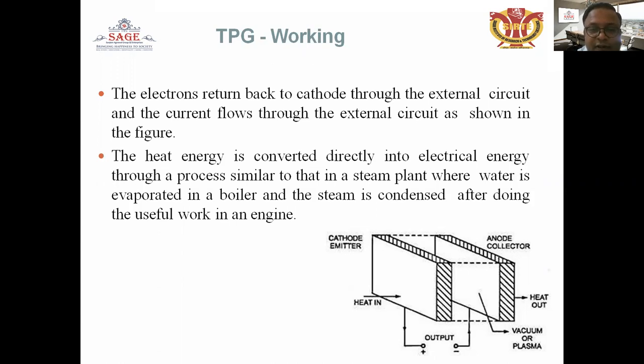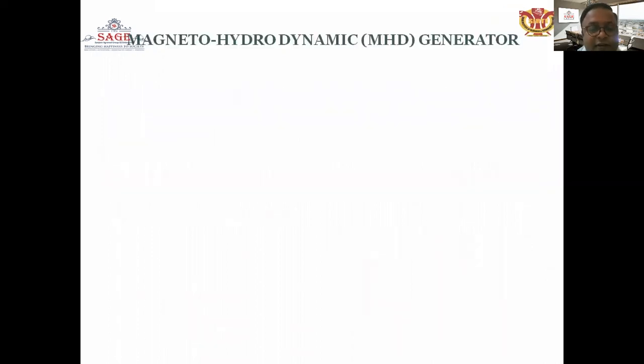This is a similar principle to what is already seen in the thermal power plant, where steam is produced with the help of combustion of fuel, and the water is heated by some external source after the combustion of the fuel and converted into steam. This steam is used by the turbine, and the expansion of the steam takes place in the turbine section. After that, it is condensed in the condensing unit after the useful work is done by the engine.